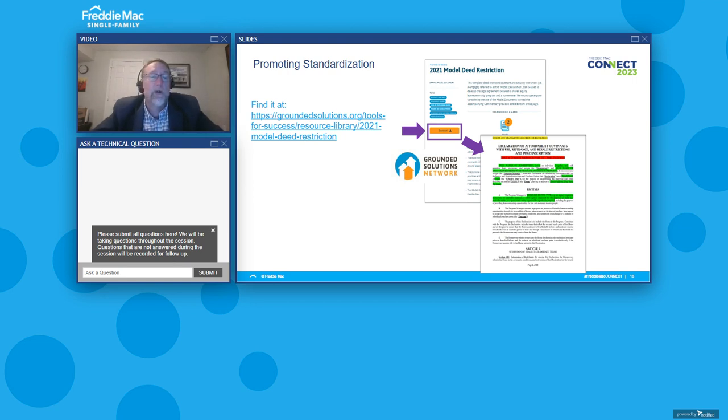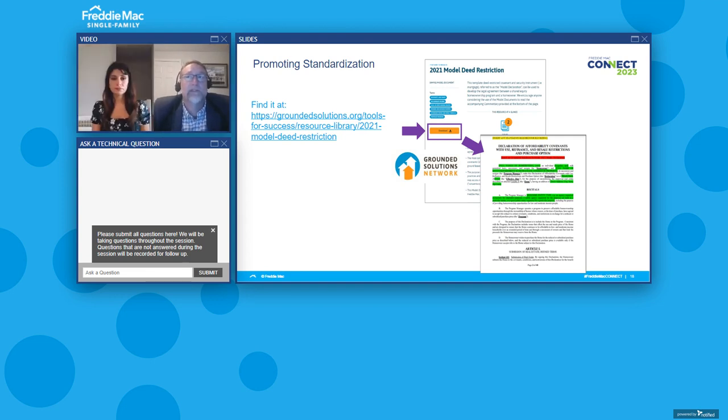your originators to walk through this document to make certain that the home buyer understands that document. And also, as you're doing your review of that document, to identify any requirements in our selling guide, so that there's standardization in the industry. This was launched just this last year, and more programs with income-based resale restricted properties are beginning to adopt this document. So hopefully that helps, Mary, with some of the standardization that we're trying to perform in the shared equity